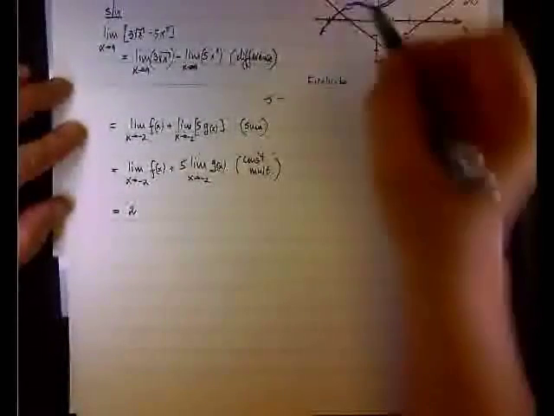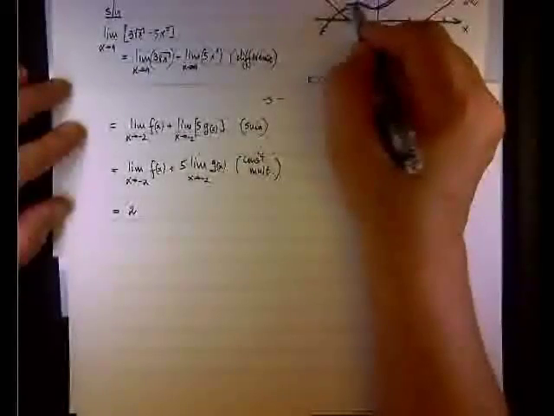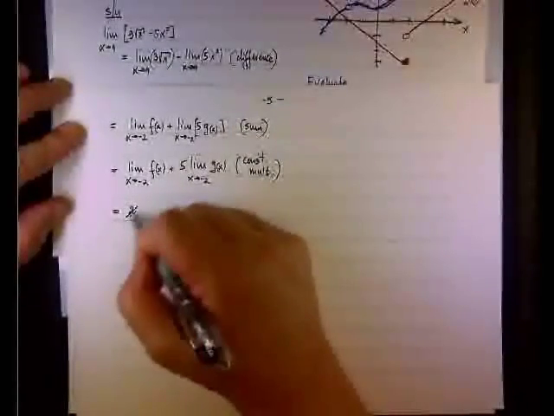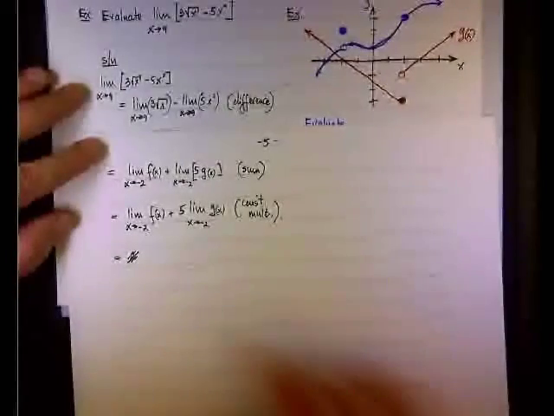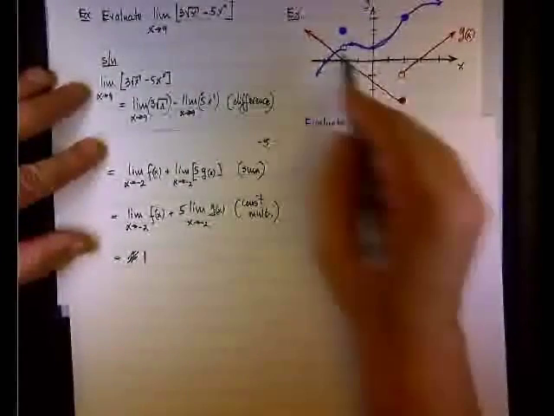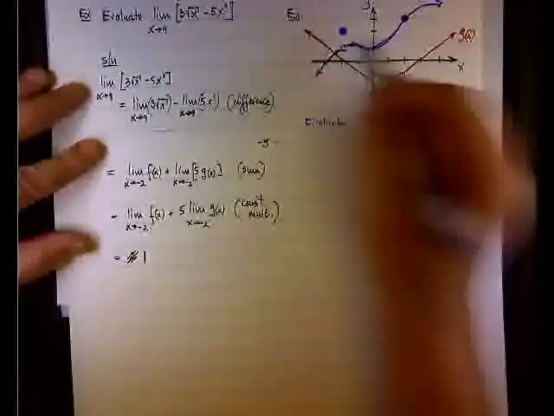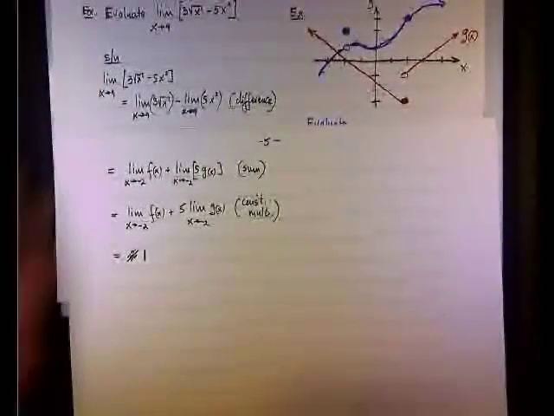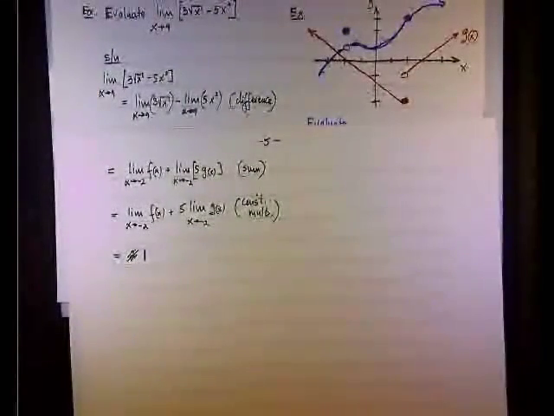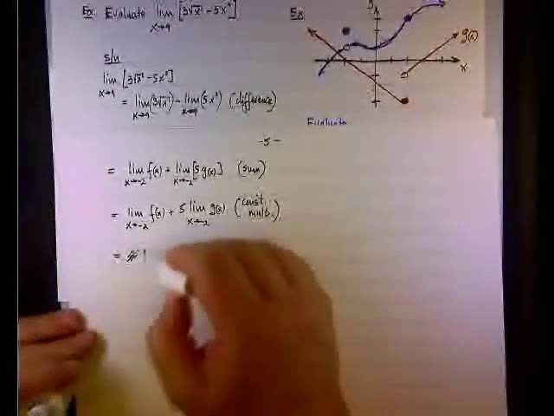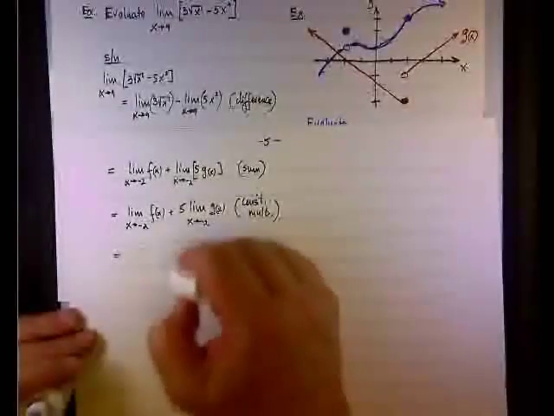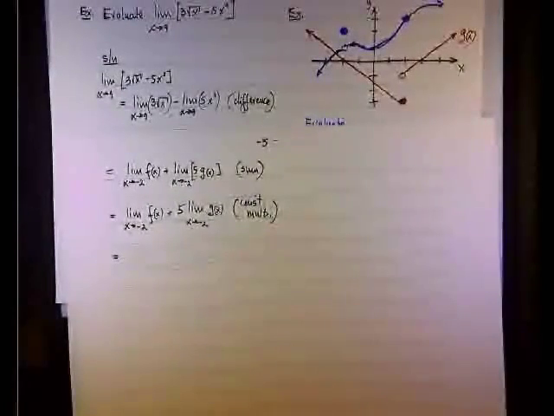I'm sorry, the limit is 1. I'll take it back. See, the limit is 1 as we approach from the left and approach from the right. So you can see that it's easy to fall into this trap, evaluating the function rather than the limit. Okay. I heard somebody in the crowd say, oh, I did the same thing. Yeah, so it's 1, not 2, and then let's look at g when x equals